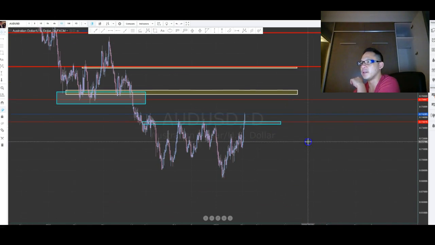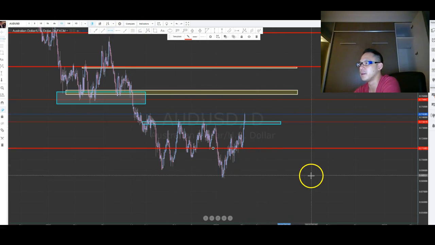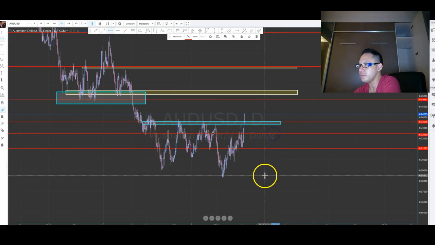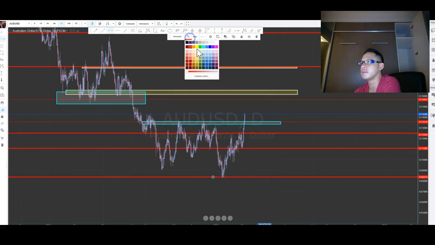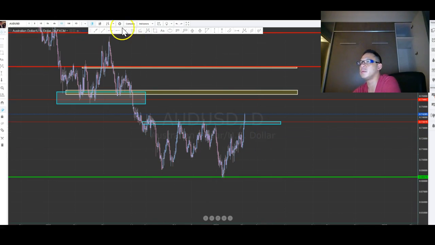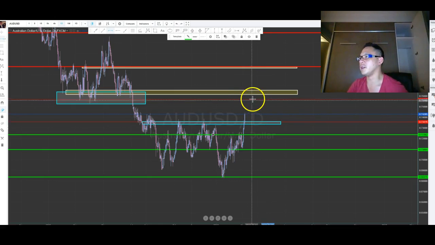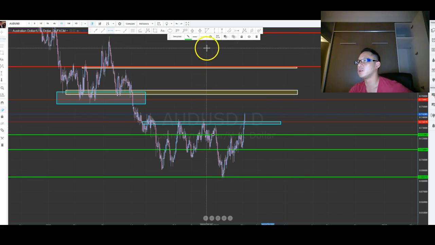If you look for targets, your initial target is at least up to here. That's your initial target, right? Or here. These are levels you look for targets, right? So at least the minimum targets here. So what I'd probably look for is if you enter here, right? Sorry, one more target here. So target back down there.